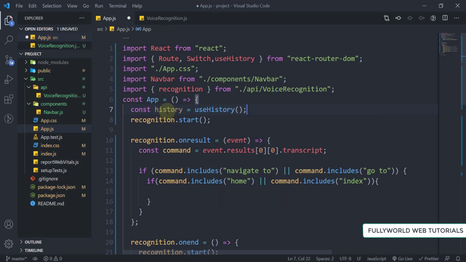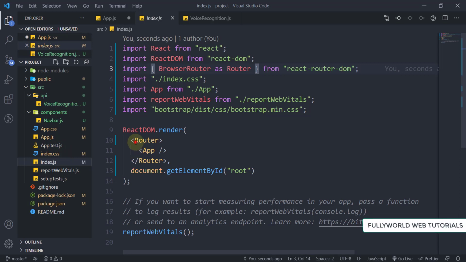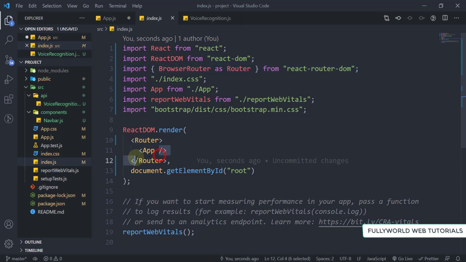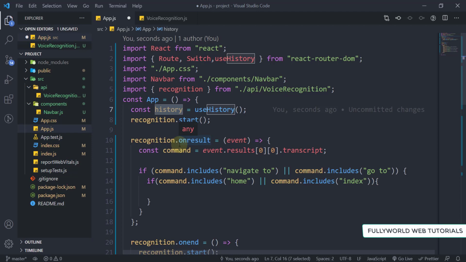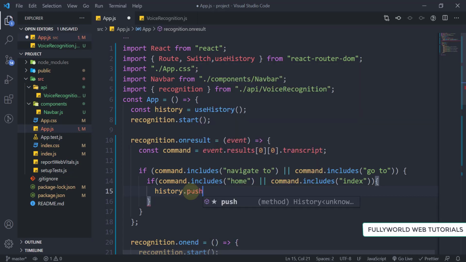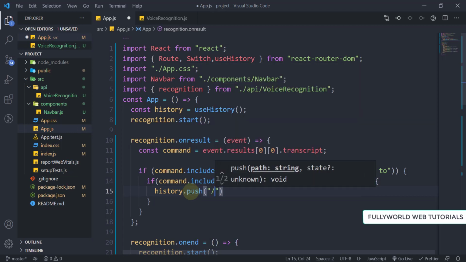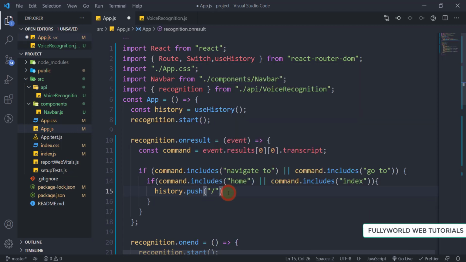I have to push something here, so that's why I embedded router in the index.js, so we can use our history.push also in our app.js here. So here we are going to use history.push, and here we will mention our route name, that will be our /route.